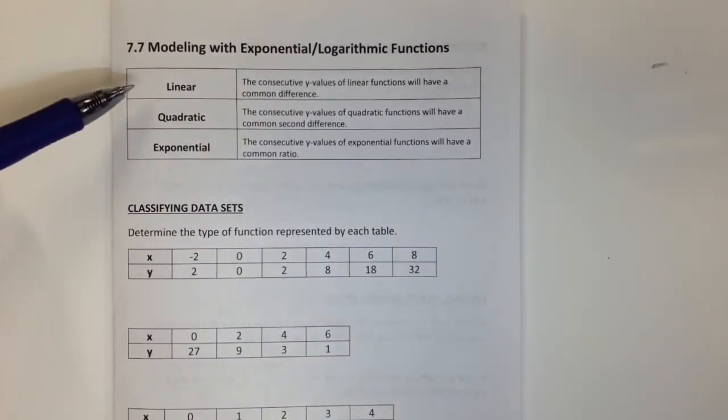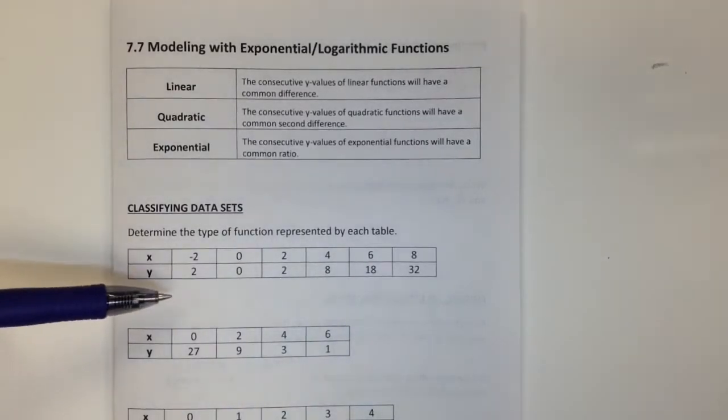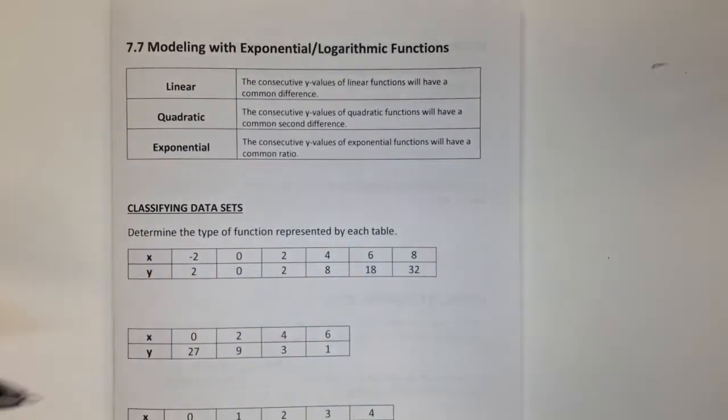Now we've already talked about how to identify data sets if they're linear or quadratic, and that's when we count the difference from the y's. If it's the common difference, or the same number all the way across for the first difference, it's linear because it's first degree, and if it were the same difference the second time across, it's quadratic and it's second degree. So let's first look at an example that's a review, and then we'll move on to the new